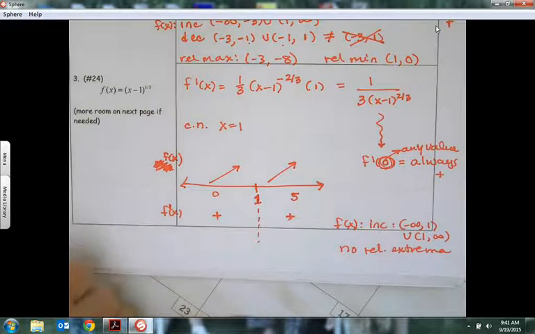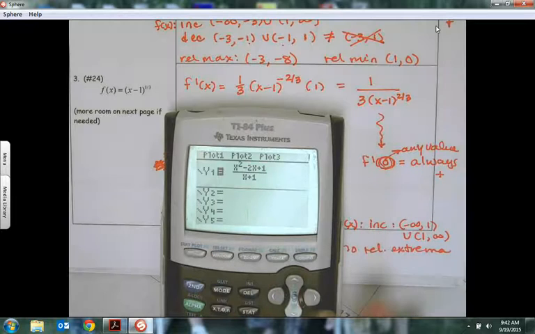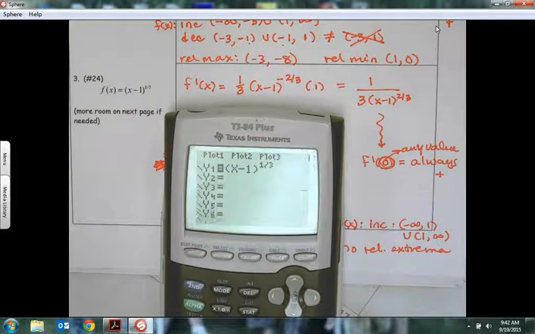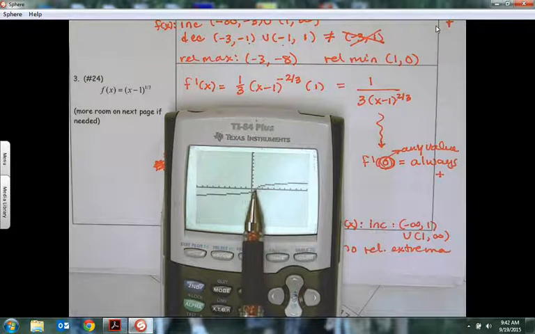So let's just kind of look at that graph really quick. X minus 1 raised to the 1/3. So here you can see my critical number was 1,